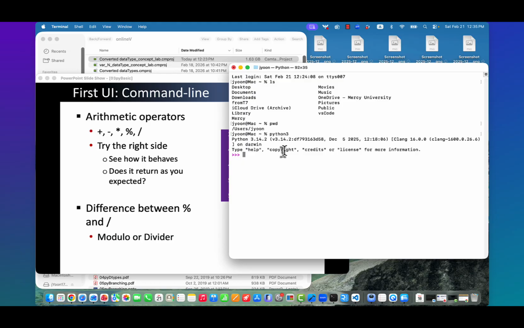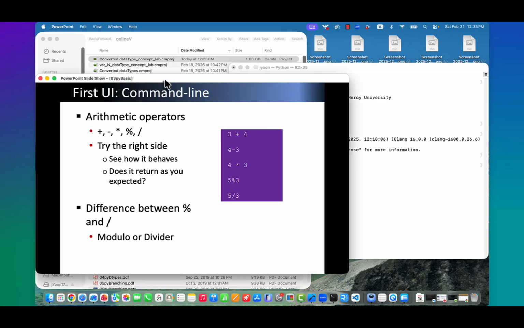So I can make some computation: 4 plus 5, then that is 9, right? And 2 times 11, then that is 22. That type of computation is possible. So arithmetic operation is possible. Some of the arithmetic operators are binary, so that we can have, for example,